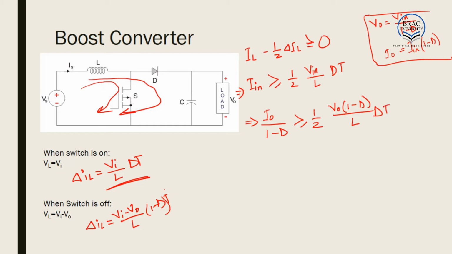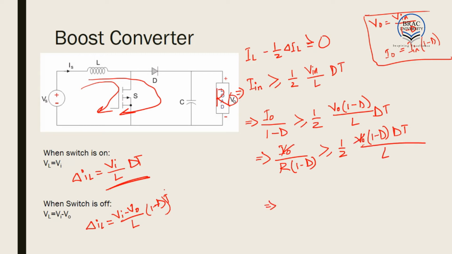So what we do is we can also write I output is equal to V output by R into (1 minus D). As we can see, this is V output and this is our load R. So I output is equal to V output by R is greater than or equal to half V output (1 minus D) into DT divided by L. Now we can cancel this V output from both sides, and we get L is greater than or equal to R into (1 minus D) whole square into D divided by